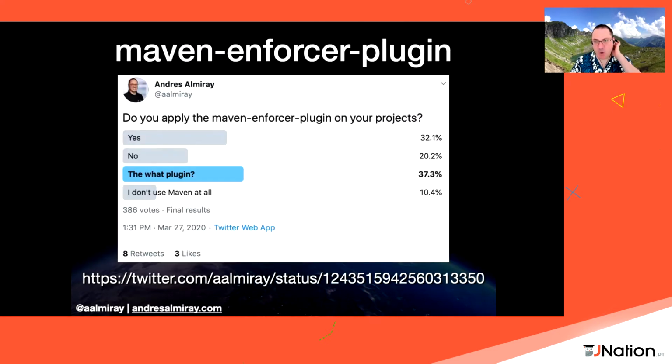So I also asked a question last year, who uses the Maven Enforcer plugin? And it turns out that, well, it's a very unscientific Twitter poll. And well, not that many people apply the Enforcer. Those that do know what the Enforcer plugin is, like, meh. Then you have a lot of people that said, what is the Enforcer plugin? And there's just 10% of people that say, I don't use Maven at all. And it could be any other build tool. What surprised me is that the percentage of respondents are like, yeah, I do use Enforcer. And someone's like, I don't even have a clue, or yeah, I don't think that this is necessary.